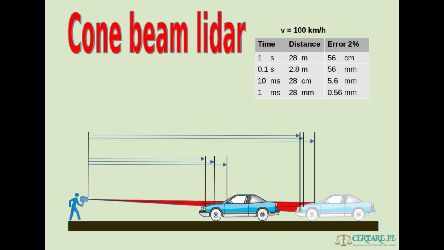If the beam was narrow, the movement of the car would already produce an error, because the beam pointed at one point on the mask of the car, after the car moved, would be on a different part of the car. So if this time interval was short, say 10 milliseconds, then even that would create a very, very large error, because that movement on the car would be much larger than